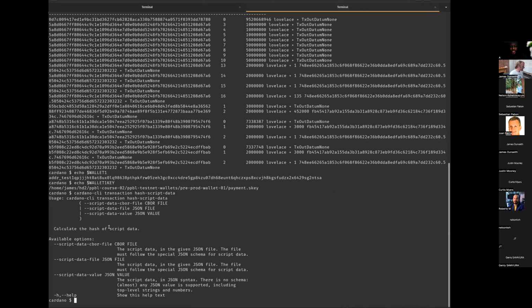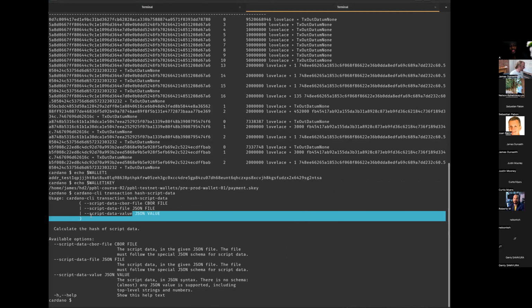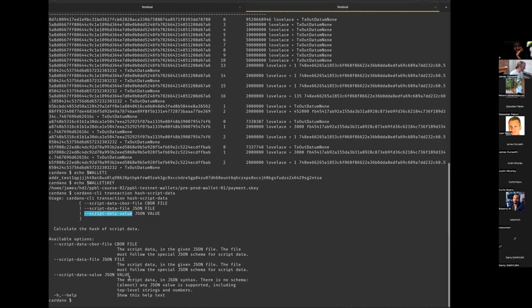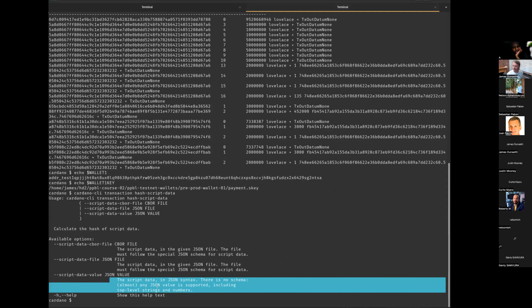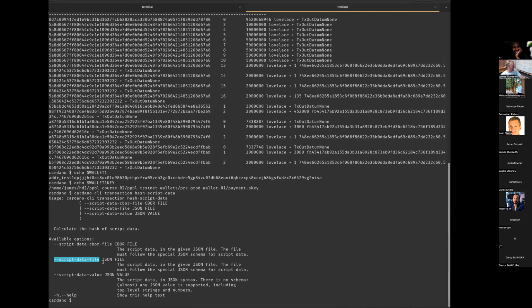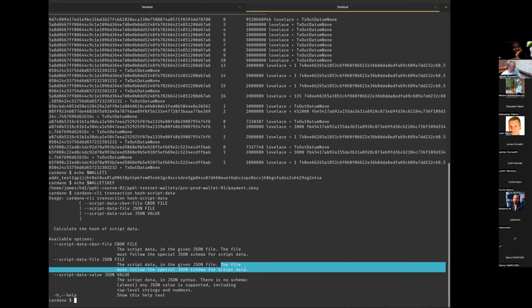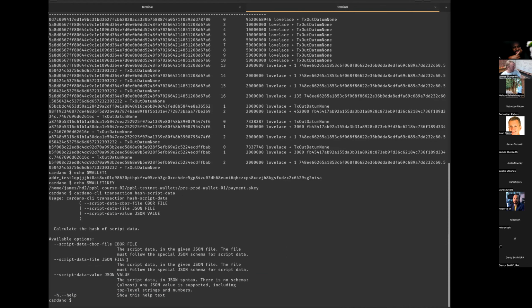So script data value is one thing I can do, and there's a message down here. There's no schema, almost anything is supported, including top level strings and numbers. So that just gives us a lazy way to play around with things, and it's certainly simple. 42, that makes sense. But the other thing you can use is a whole file, a whole JSON file, and for this there is a strict schema. But following that, this is